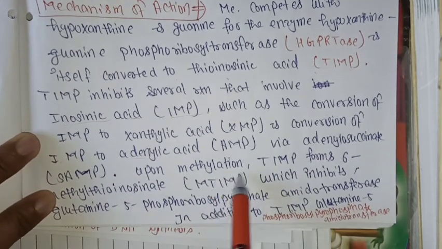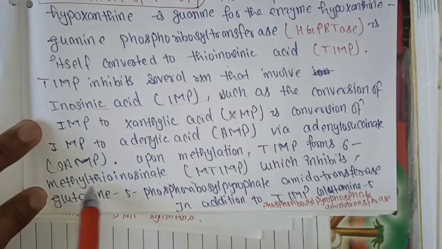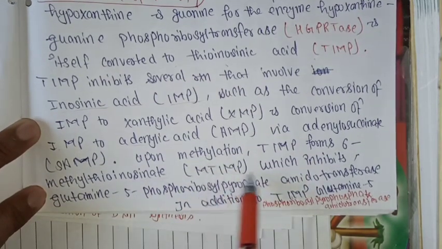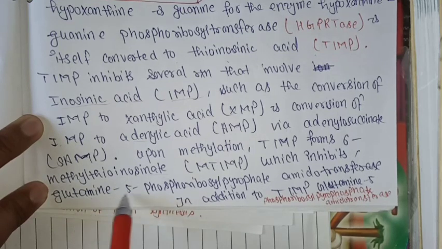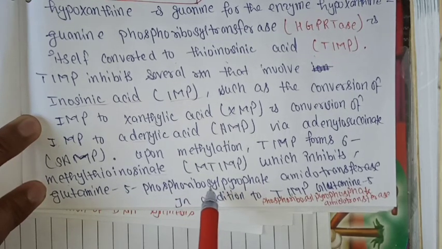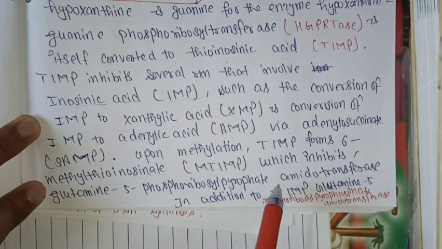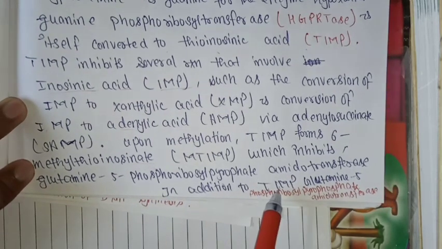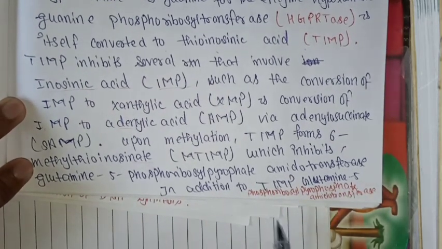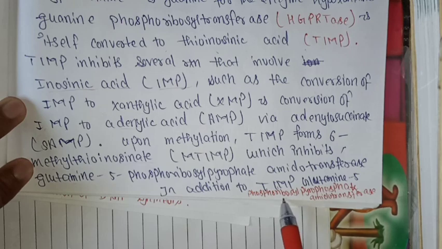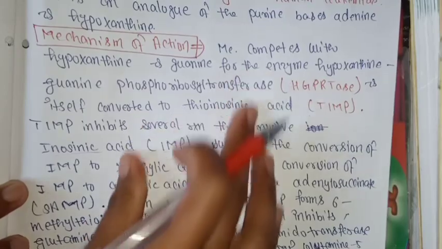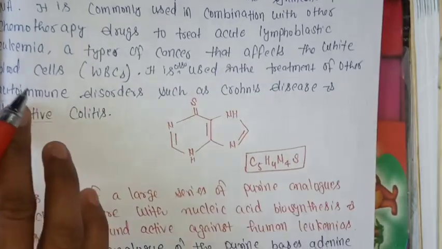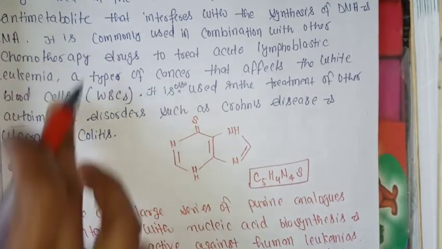Upon methylation, TIMP forms 6-methyl thioinosinate, which inhibits the glutamine 5-phosphoribosylpyrophosphate amidotransferase. This is the mechanism of action of 6-mercaptopurine,